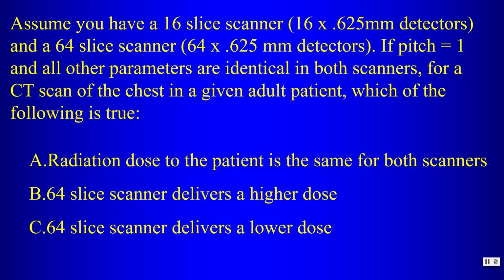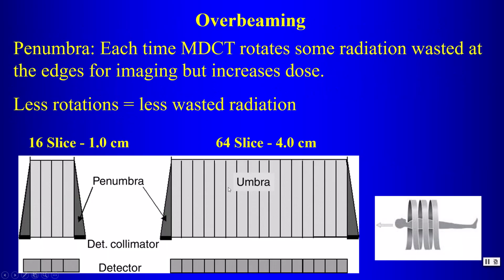In essence, what we're saying is, if we scan the CT of the chest with a 16-slice scanner or a 64-slice scanner and change nothing, is there a difference in the dose the patient receives between these two types of systems? Would the 64-slice scanner give a higher dose, or would it give a lower dose? The actual answer is the 64-slice scanner would give a lower dose, and the reason for that is this thing that we call the penumbra,